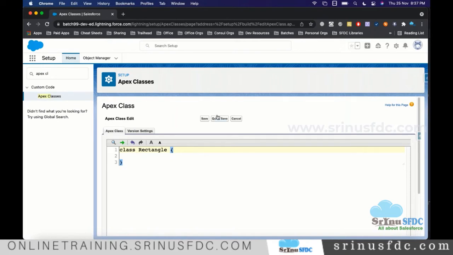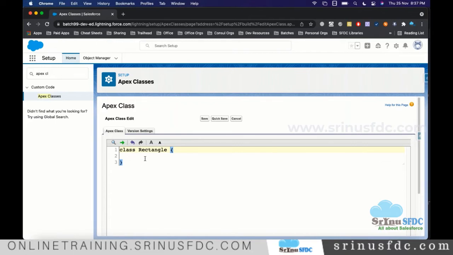When you save, what will happen? We don't need to install anything to compile this code, right? We are already in the cloud, already logged into Salesforce. Internally in the background, Salesforce has already installed what is needed to execute this code. All we need to do is click on save. When you click on save, the system will check the syntax.